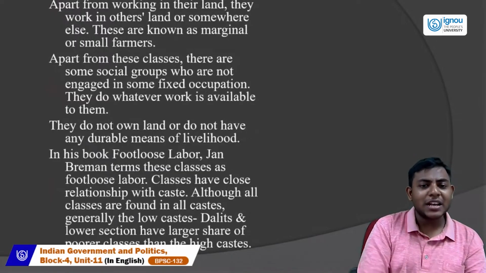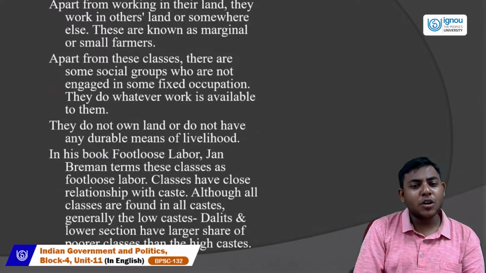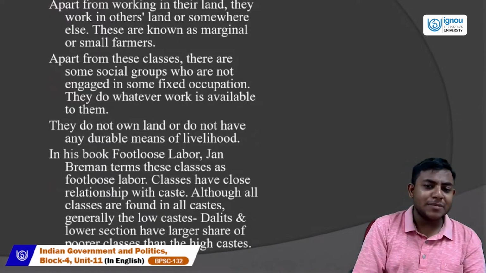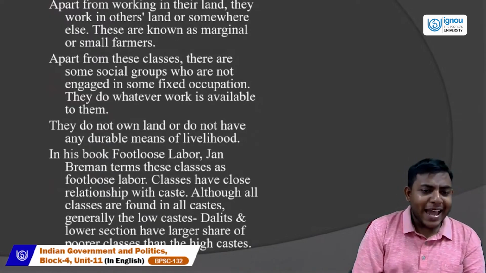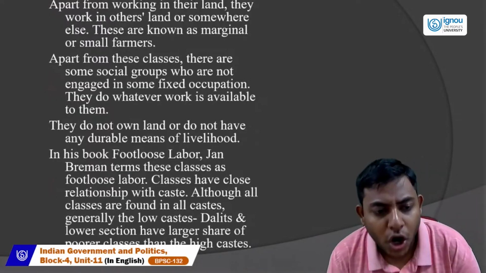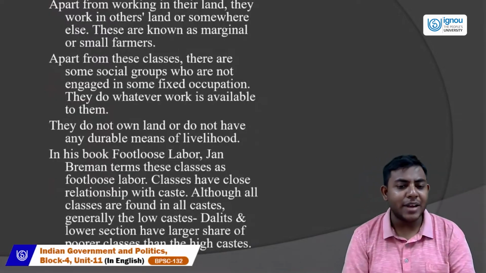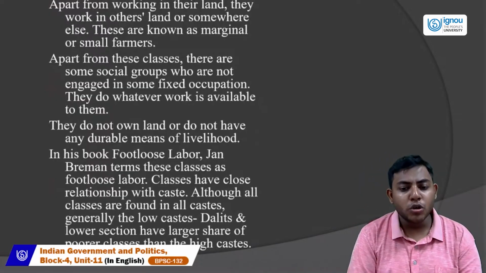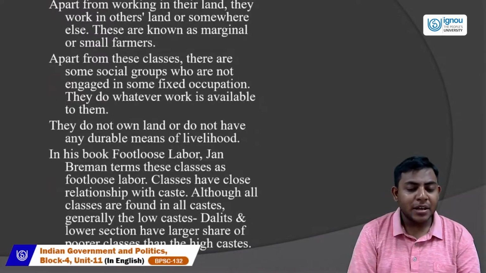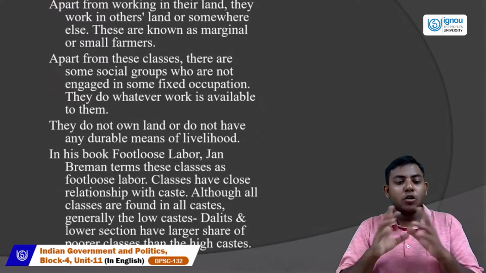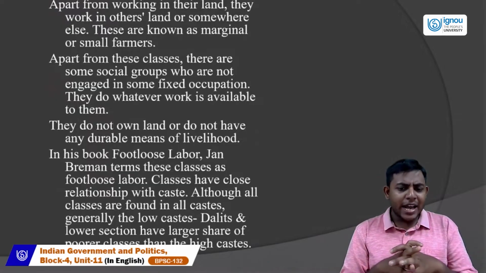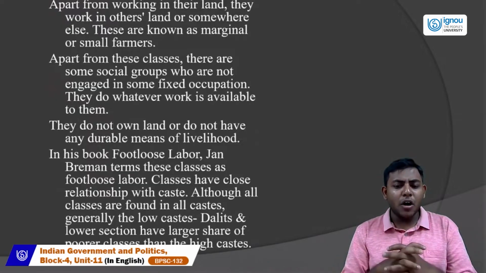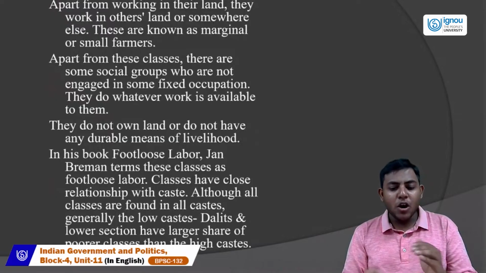And apart from these classes, there are some social groups who are not engaged in some fixed occupation. They do whatever work is available to them, and they do not own land or have any durable means of livelihood. In his book Footloose Labor, Jan Breman terms these classes footloose labor. So classes have a close relationship with caste,